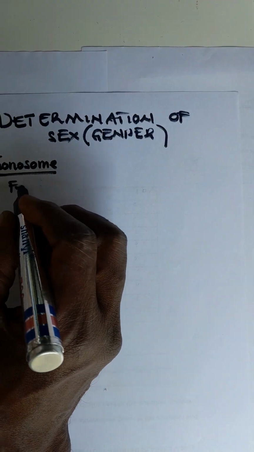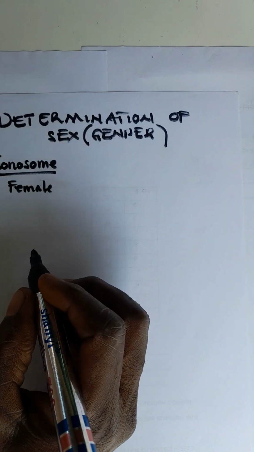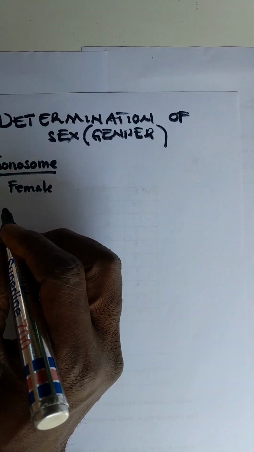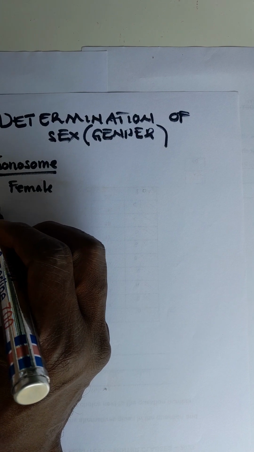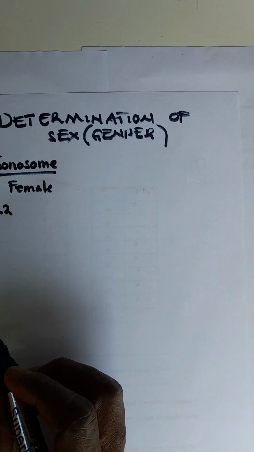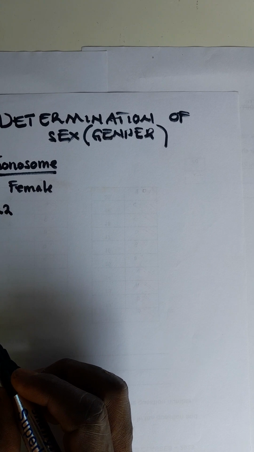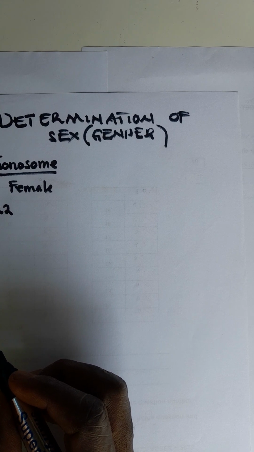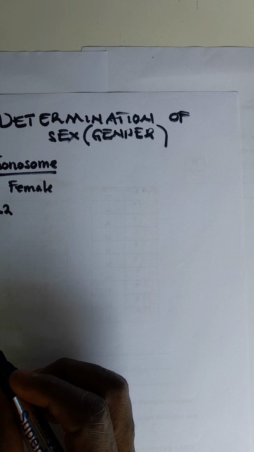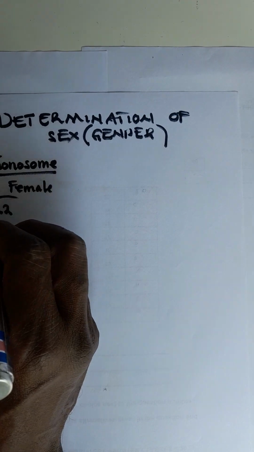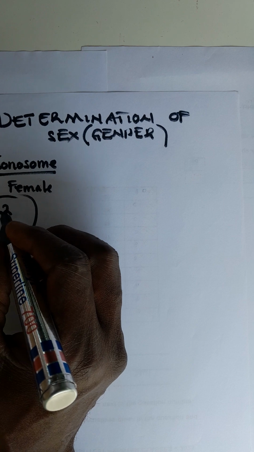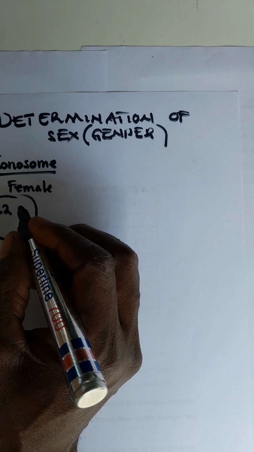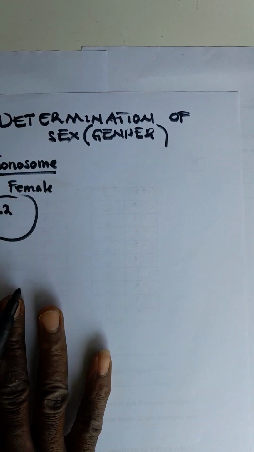In females, remember, in their genotype, females have 46 chromosomes, or I would say they have 22 pairs of chromosomes, which are autosomes. However, when a gamete in a female forms, usually there are 22 single chromosomes on each position in the karyotype,